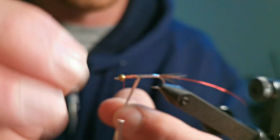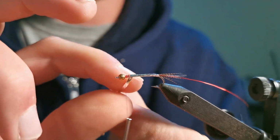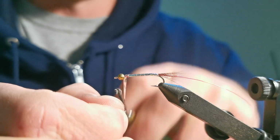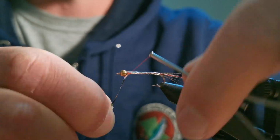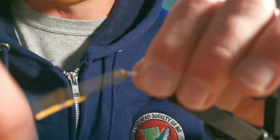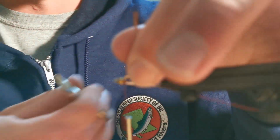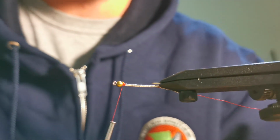You don't want them super loose either, because then it'll just get shredded really quick. The cutthroat have really sharp little teeth meant for shredding things, and if you got lots of this mylar just kind of sticking out loose, it'll just get shredded and ripped off pretty fast. So try to keep that nice and flush to the body of the hook there. And then I'll trim that off there, and this doesn't have to be super neat yet. You're gonna do some tie in there, so